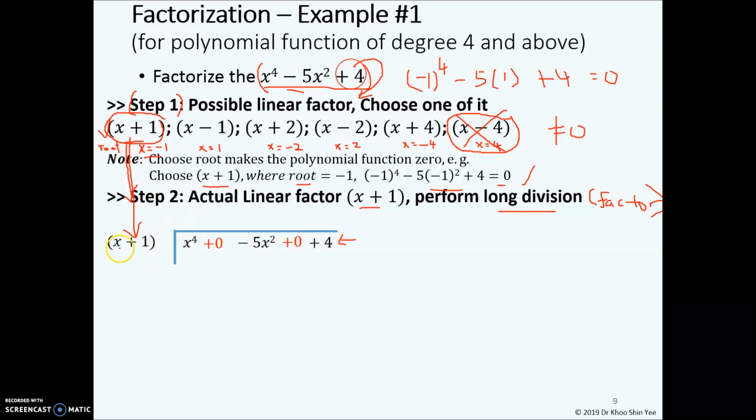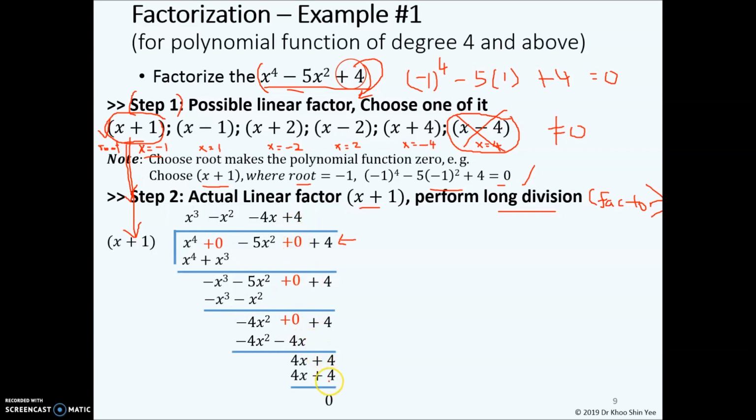Firstly, for x plus 1, you have to multiply by x to the power of 3 here. This one multiplied by this, you get this answer. This function minus this, you get this function. So you have negative x cubed, so you have to multiply with negative x squared here. So you proceed,